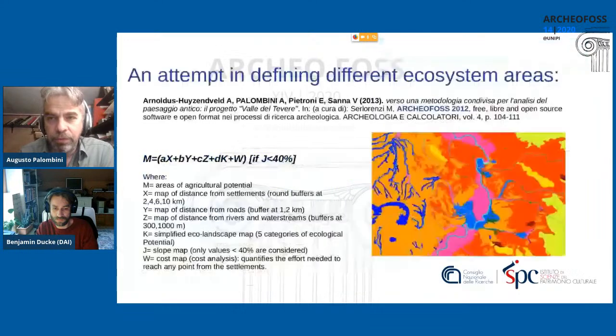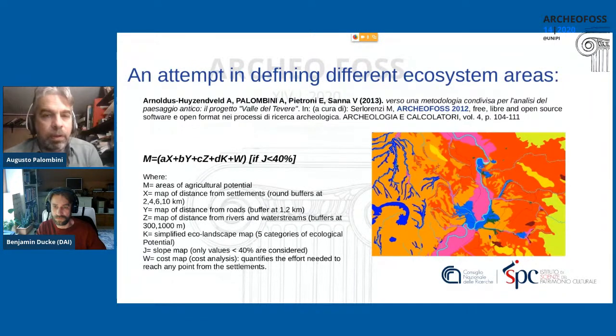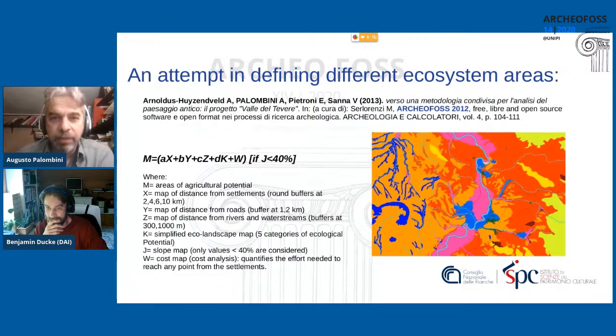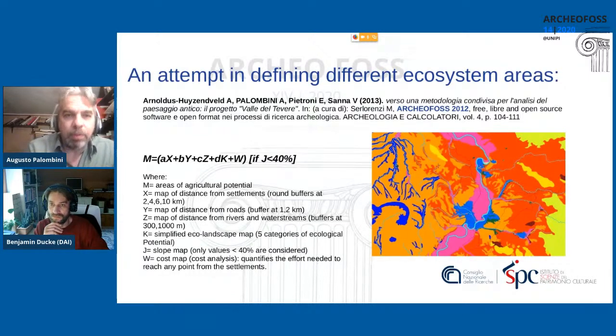And it is just in this kind of work, the work of reconstruction of Iron Age landscape in Tiber Valley some 10 years ago, that we started to think of a way of reconstructing ancient landscape, trying to get a procedural way, taking into account different aspects that can affect the choice of places where cultivated land. It was presented in ArcheoFOSS 2012, and it was based on the assumption that some